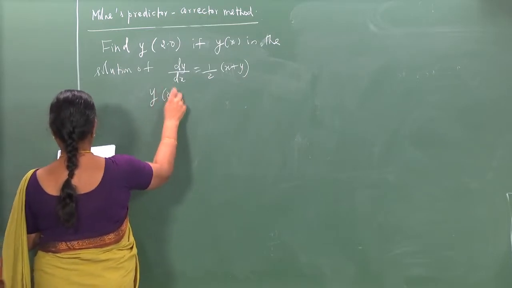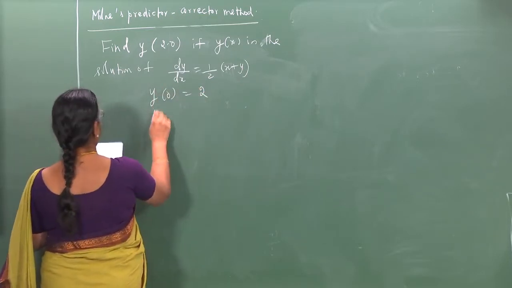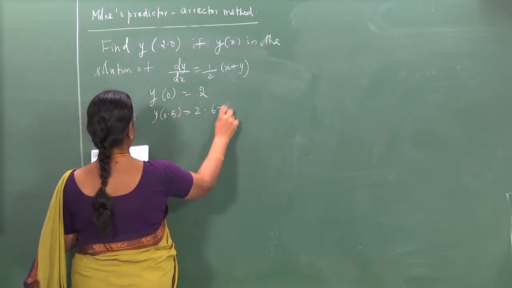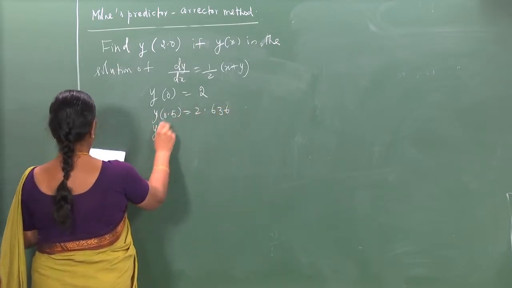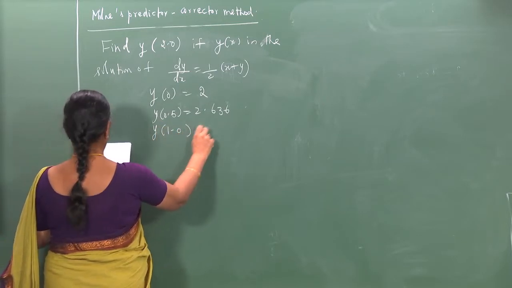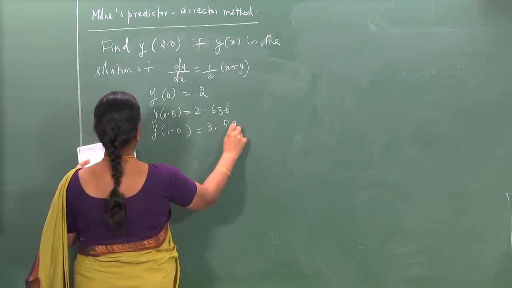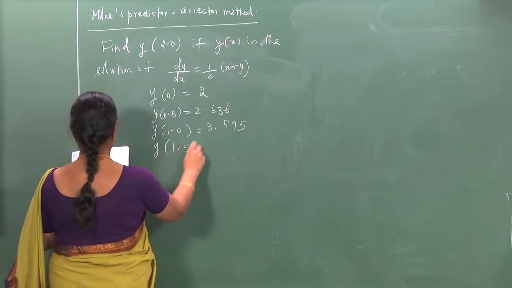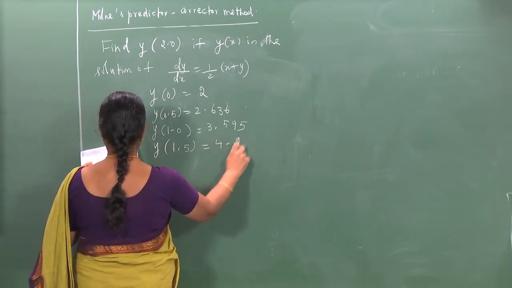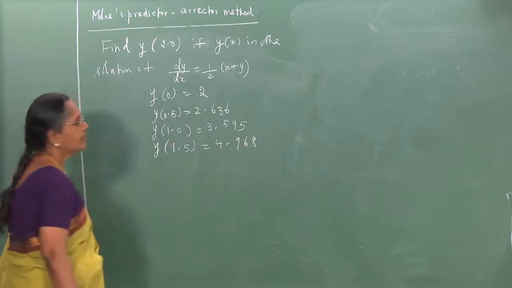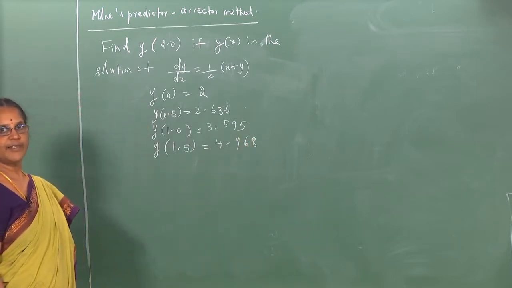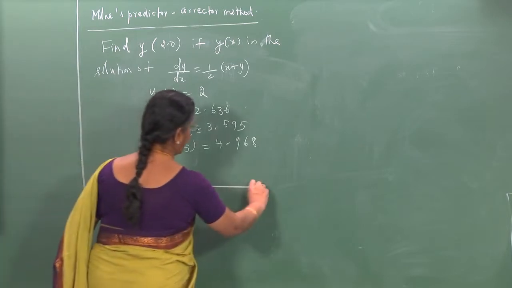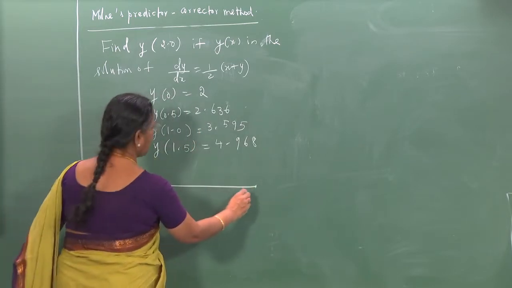Given that y of 0 is 2, y at 0.5 is 2.636, y at 1 is 3.595 and y at 1.5 is 4.968. So, we are asked to solve this problem using Milne's predictor-corrector method, and we are required to get the